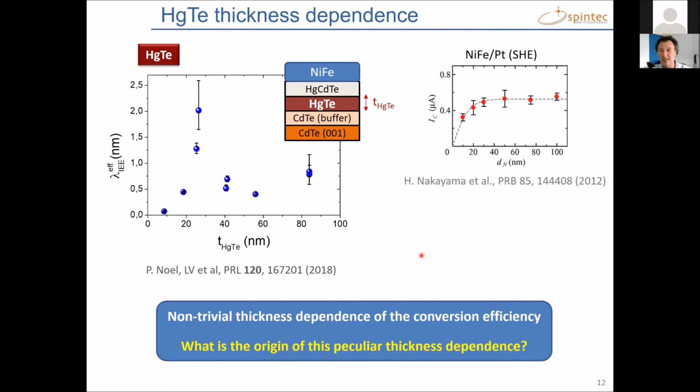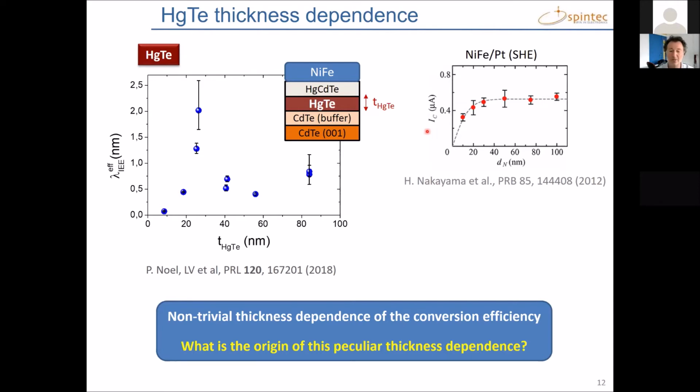Then we study the evolution of this spin-to-charge conversion as a function of the thickness of the mercury telluride. And this is the kind of curve that we obtain, which has a known and very distinct evolution with respect to the case of spintronic materials. In that case, we start with a very slow increase of the inverse Edelstein length, and we reach a peak before decreasing again, which is in sharp contrast with the tangent hyperbolic increase of the produced charge current in the case of platinum.